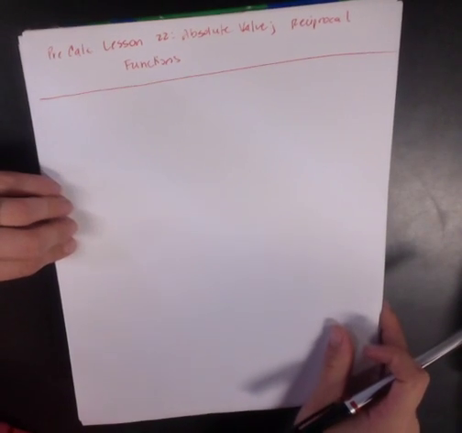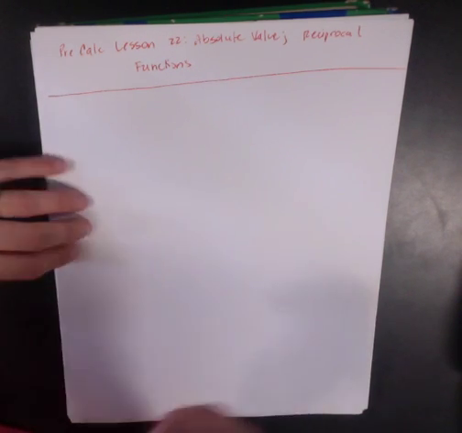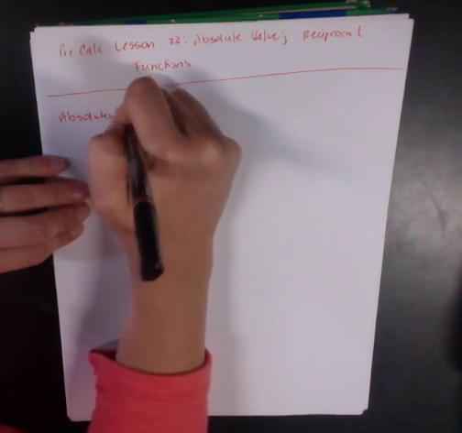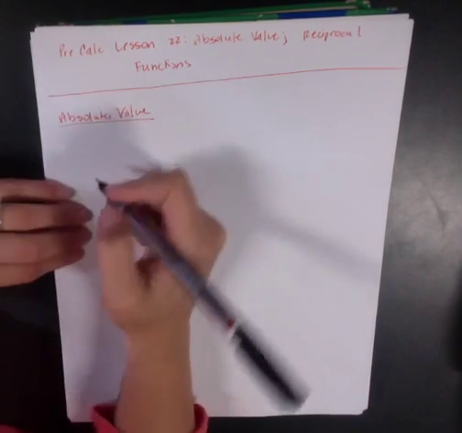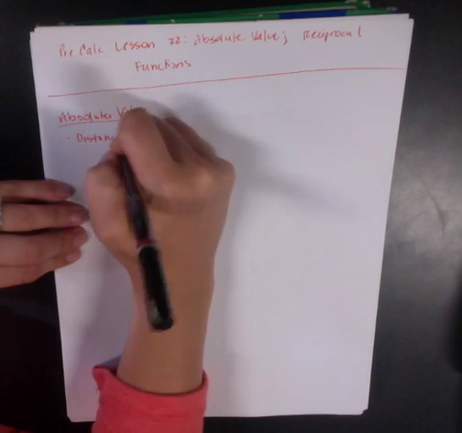Hello everyone. Today we have pre-calc lesson 22. We're going to talk about the absolute value and the reciprocal function. Now the absolute value we've seen before, but its actual definition is the distance